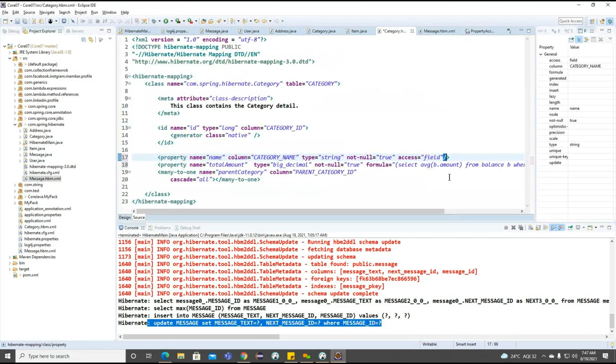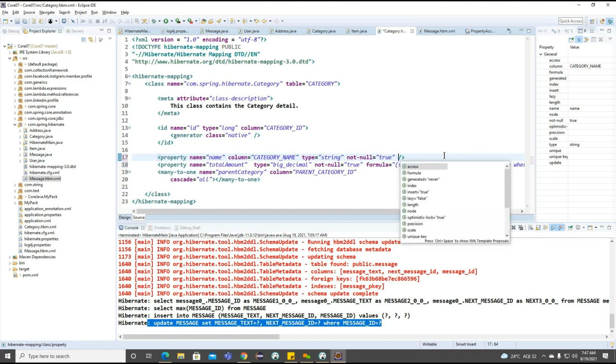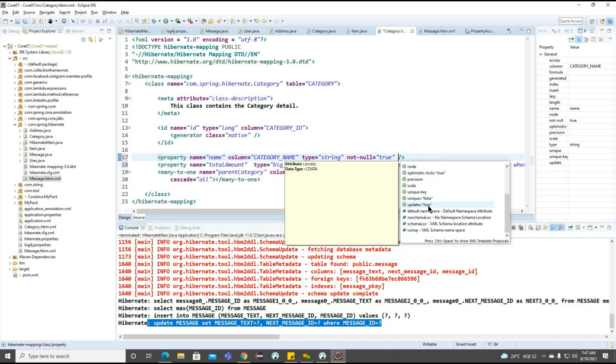For this particular property level, we can go for the insertion and updation here. How we can work on the insertion and updation here. Now, if you see this particular insert is true, by default we are getting insert true, and same way we are going to get on the update here. Update also true. Now, what we understand here, for each and every operation, how many times this particular data we are trying to insert or update. So we are having an option to insert the data into this particular column, or we can update the data into this particular column.